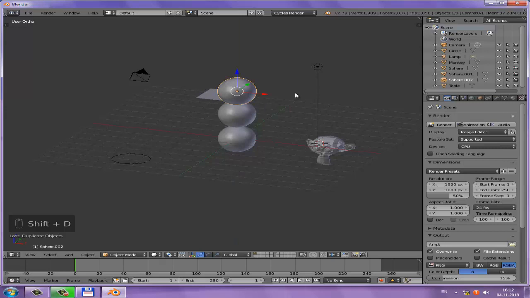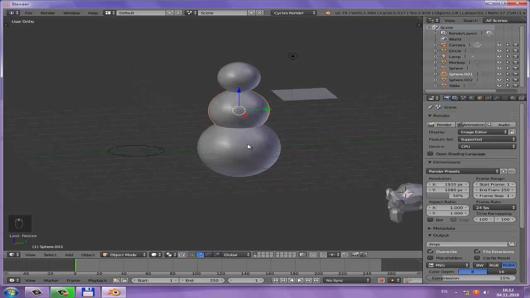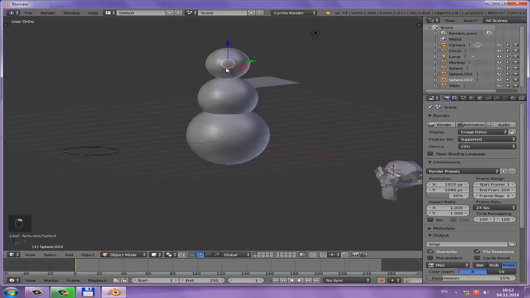You can see that I want to create it. Just let me create. It's like this, and you can see that circle here, sphere 001, 002, and that sphere it's actually the head,